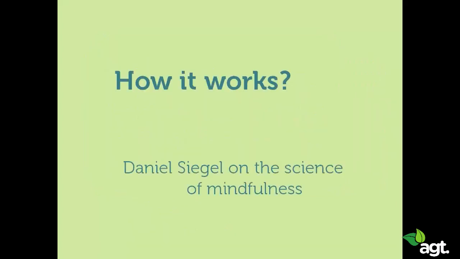And if you want to get a simple but very thorough explanation of what is really going on in the brain, here's a great explanation by Daniel Siegel. He's the author of the book Mindsight and the founder of the discipline Interpersonal Neurobiology. And it's really interesting what he has to say. So I attached a link in the resources to a talk from him. It's about 20 minutes. So if you're interested in that, check it out. It's really informative. He explains how the brain works and how mindfulness influences the brain. And as I just said, he also has a wonderful book that I recommend if you want to know more.